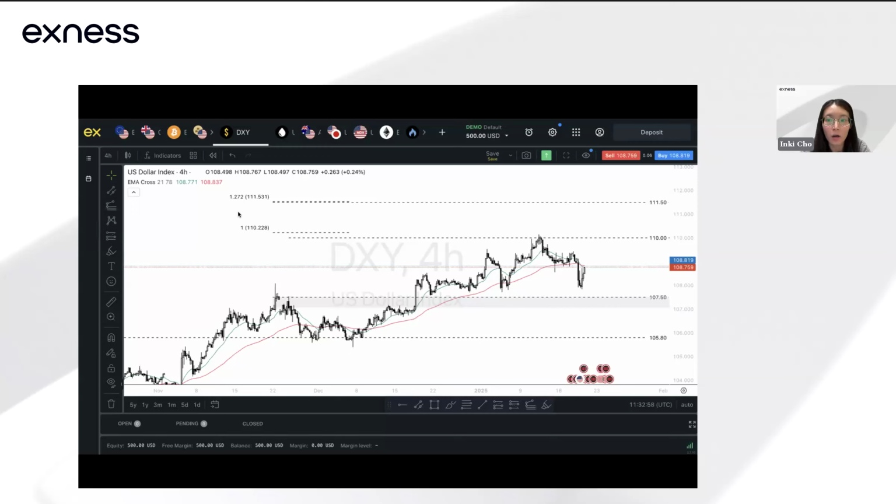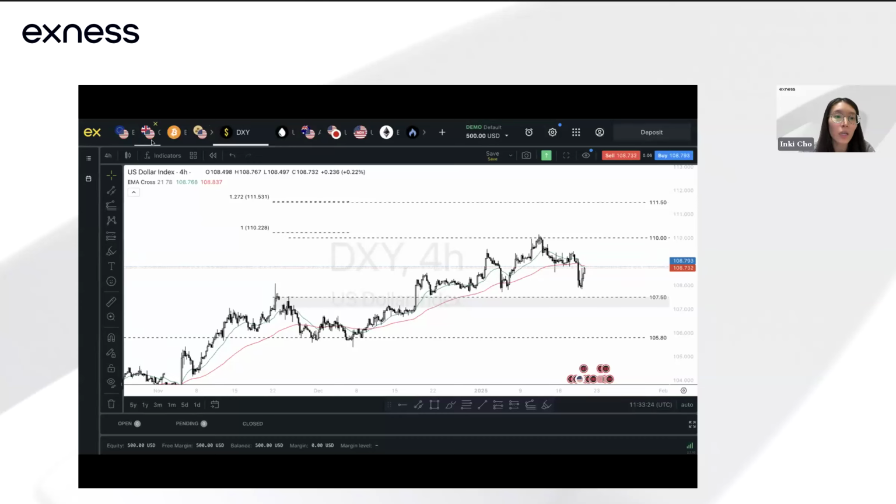So there's this idea of buying the rumor, selling the news. Given all the optimism and the anticipation for crypto-friendly policies coming through, that could also be the reason why Bitcoin prices are climbing, right? In terms of whether the Bitcoin reserve will be created, that would really depend on policies. So we can take a look at it from a technical perspective, and for Ethereum as well.